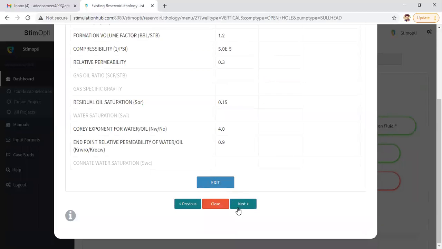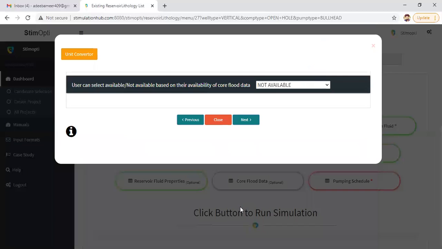Yeah, and to the next bit. Now come to the